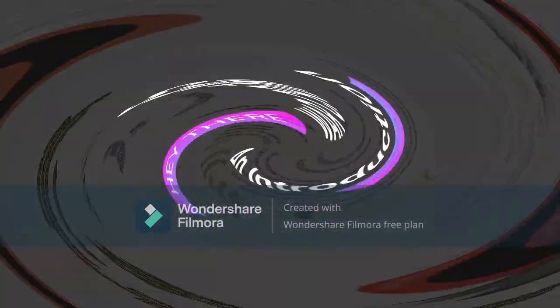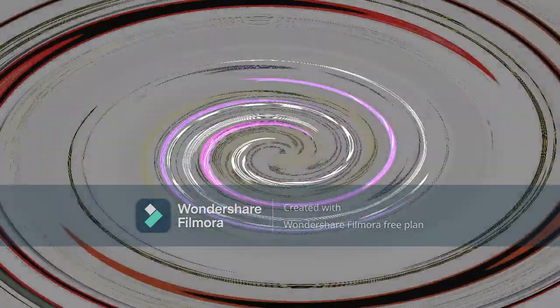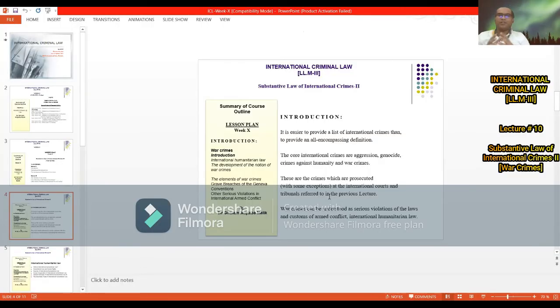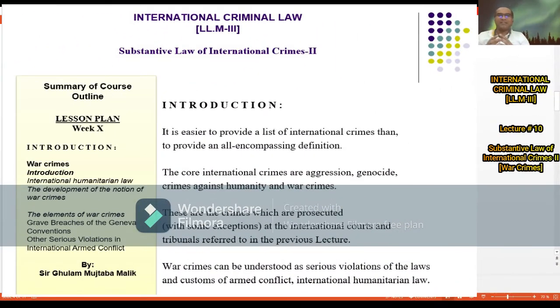War crimes can be understood as serious violations of the laws and customs of armed conflict or international humanitarian law. In other words, the rules of international humanitarian law, at least part of it, are criminalized in the law of war crimes. Given this link to international humanitarian law, this lecture will begin with an introduction to